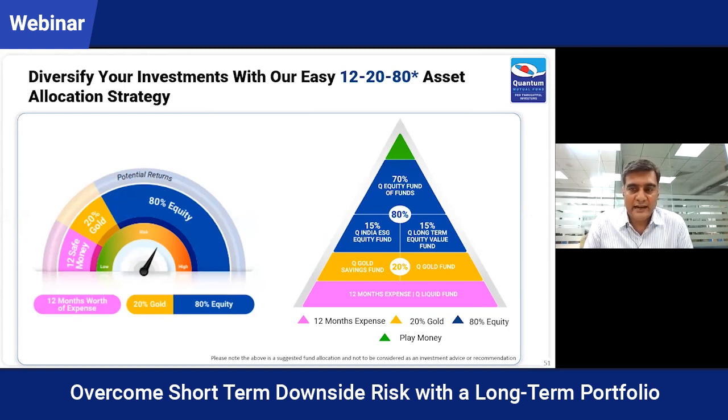One is that the category of value itself was created in 2018, if I'm not correct, when SEBI categorized these funds. And a lot of our peer group funds have come into that category because SEBI capped only one fund per category. So a lot of those funds came into this category as redefined as value. So SEBI does not define what value is. Right? It has described a category, but it does not define what value is.